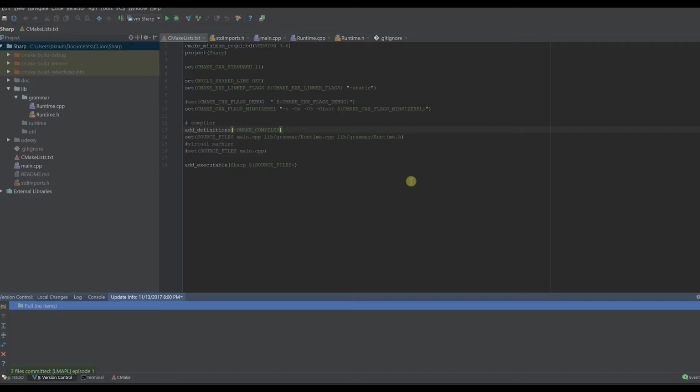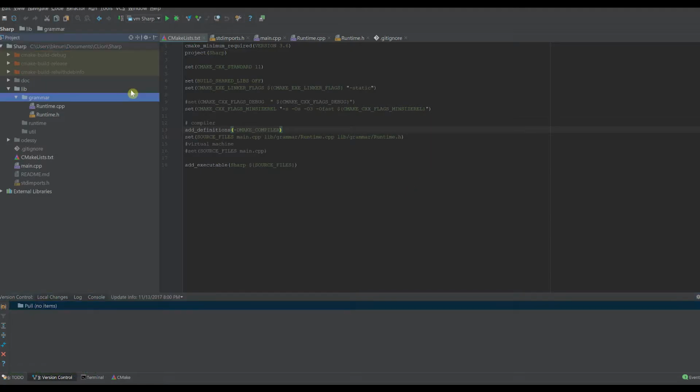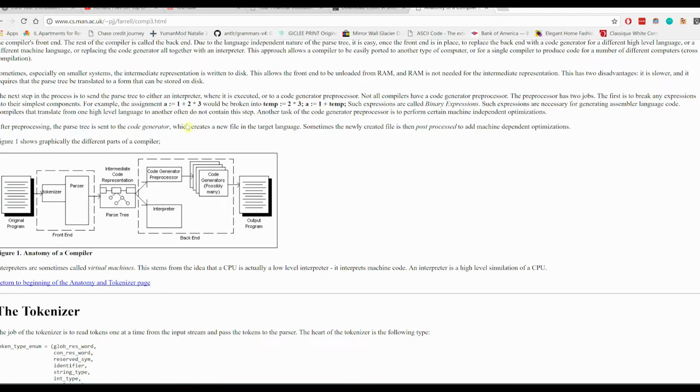Today we're going to be talking about building the parser for our compiler. Alright, so if you saw my previous video, you saw that I talked a little bit about compiler anatomy. So here's the article that I was talking about in the previous video. And basically today we're going to start building the front end part. This is one of the biggest and most complicated parts of the compiler, and then it gets a little bit